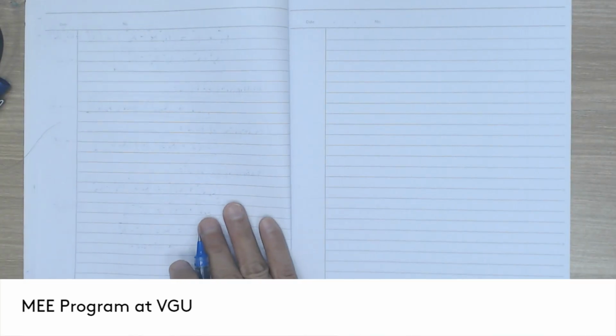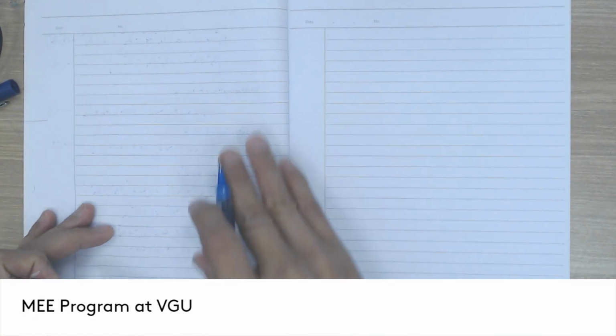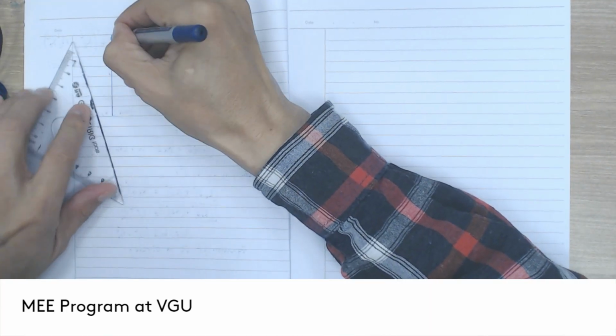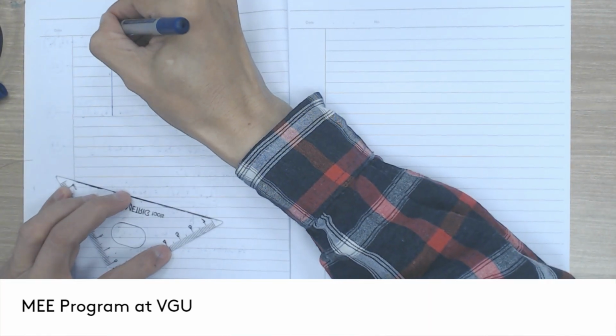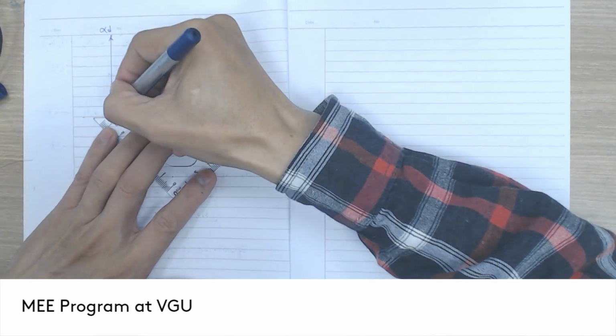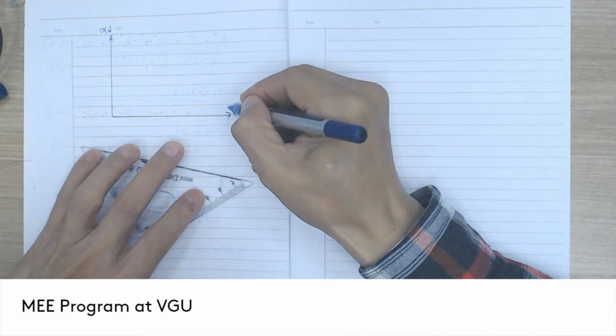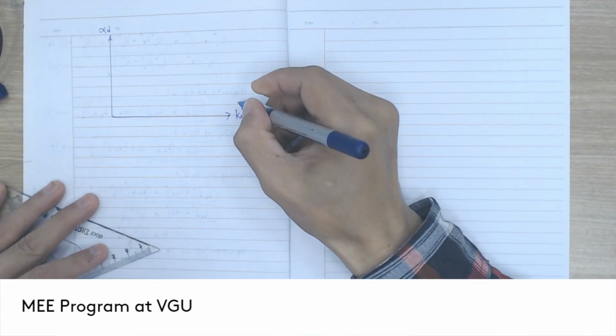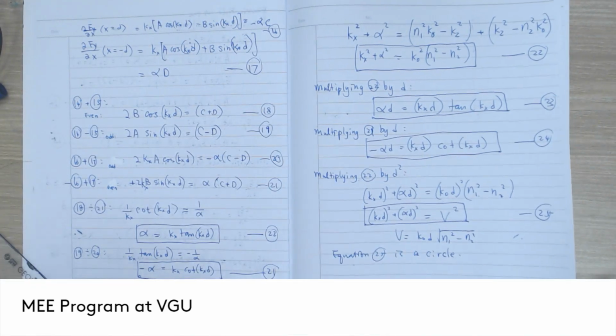So if you plot the vertical axis as alpha d and the horizontal axis as kx d, then according to equation 25,